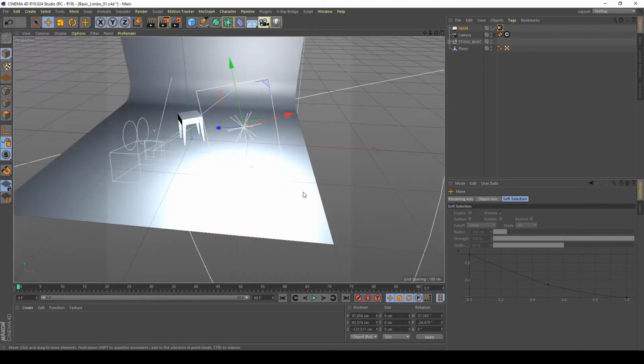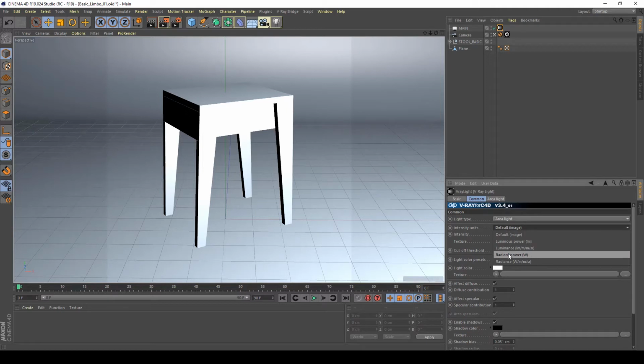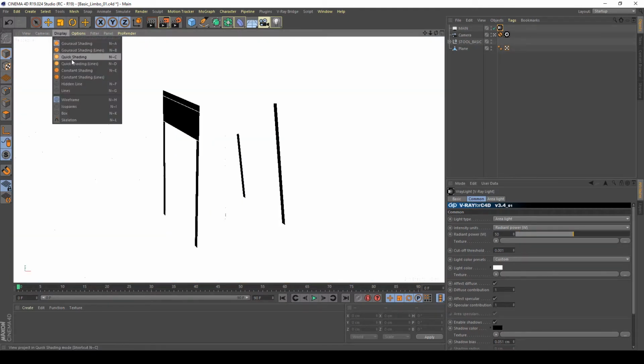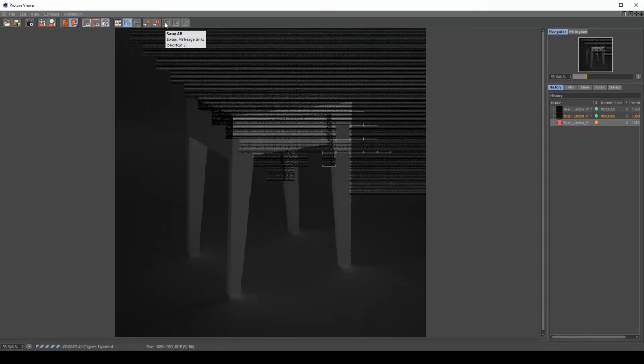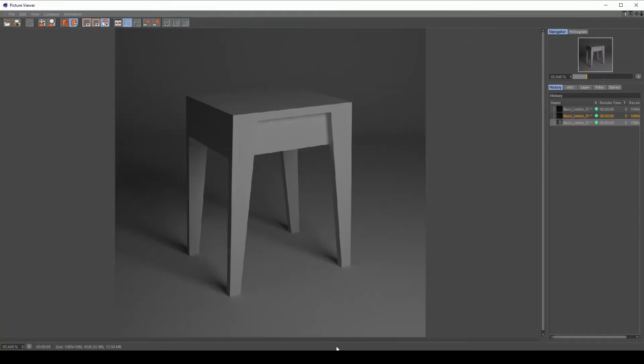This is good, my angle is good. Now I place the radiant power in watts, and let's try maybe 50. Display quick shading to avoid the overexposed area, so I can continue to see what I'm doing. Now test render. Okay, that's good. It's a little bit contrasted, so to avoid these black parts of the image,